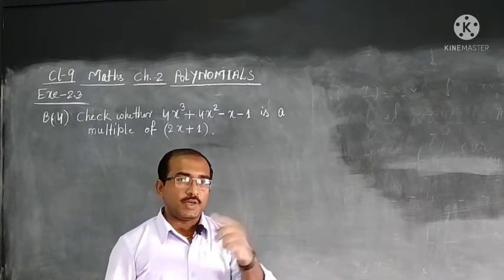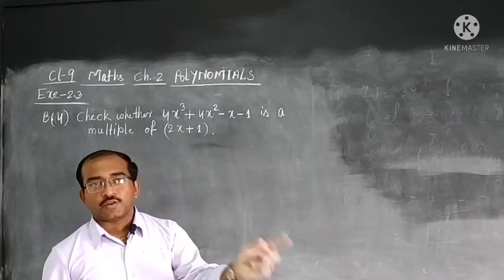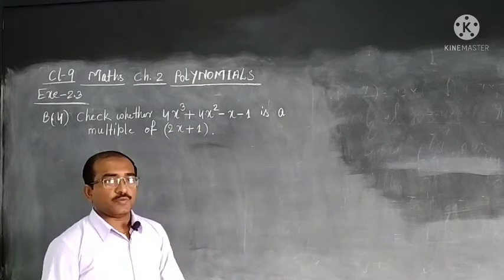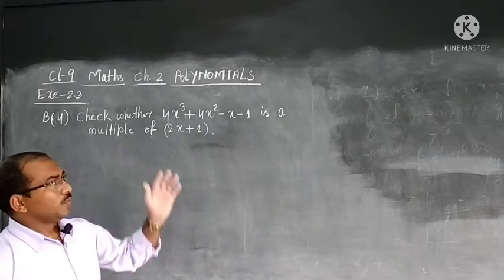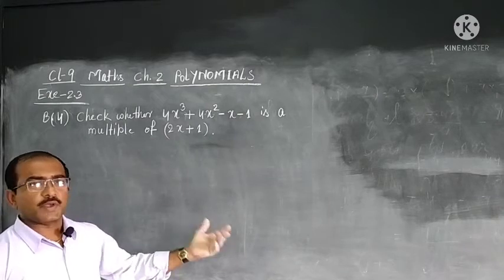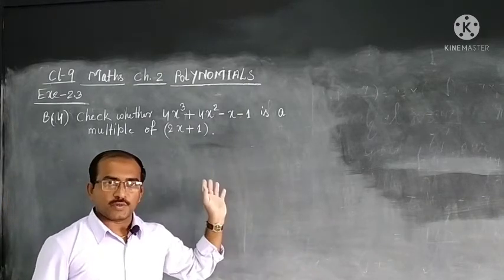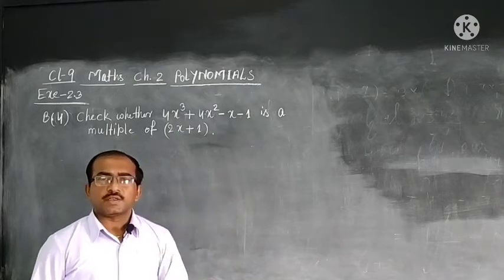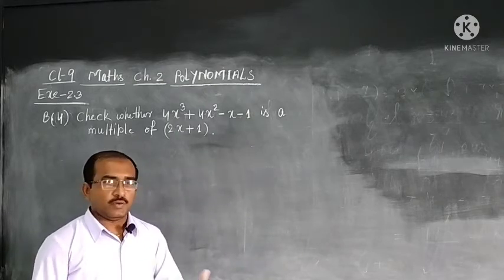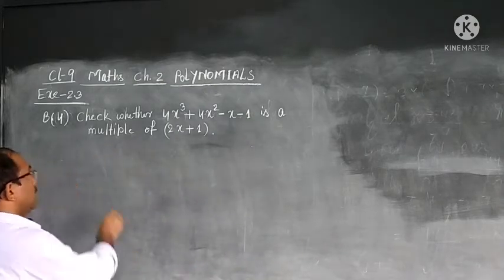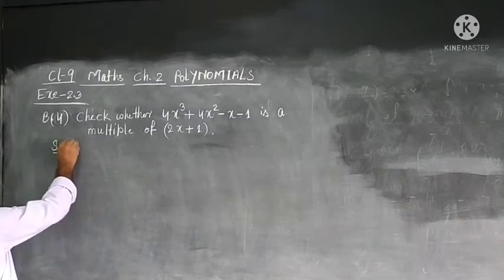So, 15 is a multiple of 3 and 3 is a factor of 15. Let us start with this. So, you have understood, I think we have to go for finding the remainder, and if the remainder comes 0, we will write yes, this is a multiple of the other one. If it does not come 0, we will say it is not a factor, it is not a multiple. Let us start. So, what shall we do?